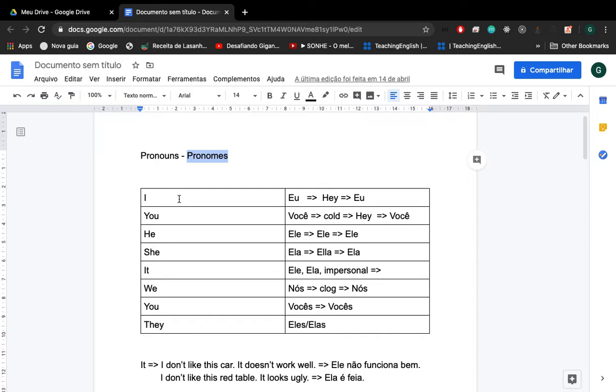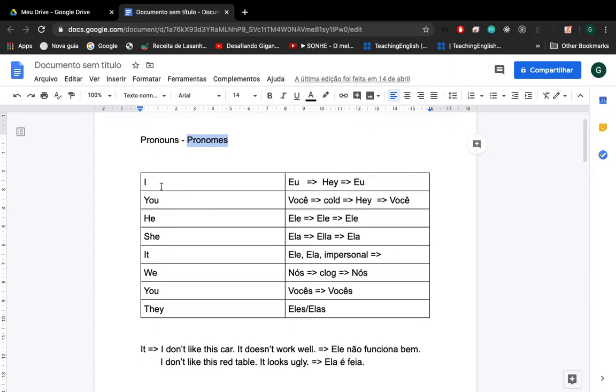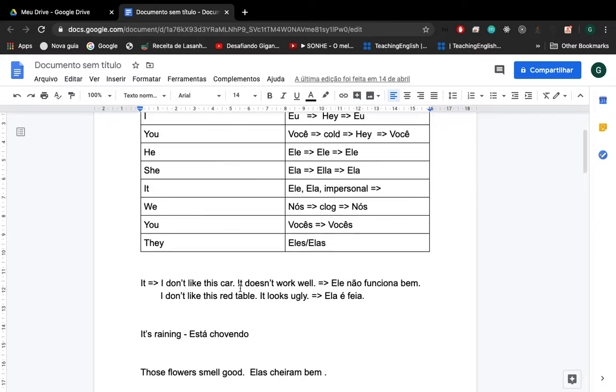So what do pronouns do? Well, we use pronouns when we have already referred to someone and we want to mention that person again in the sentence. We're not going to use them the first time, because if we use pronouns directly the first time we refer to someone, we're not going to know who we're talking about, right? To be more clear, let me give you an example here.